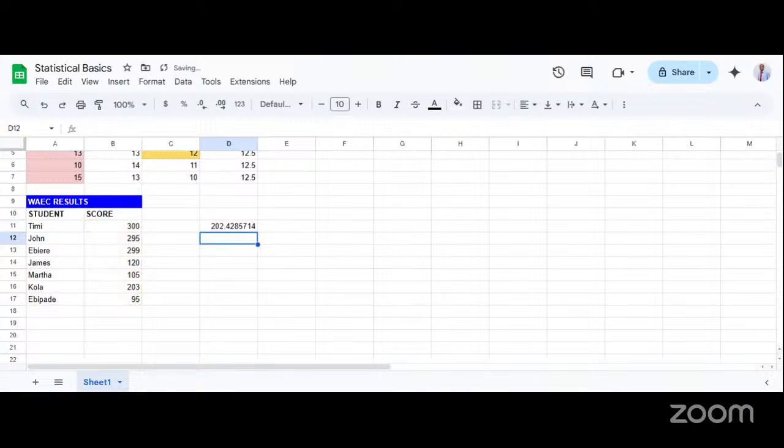So at this point in time, this is what's being shown as our average. So we see that it's not actually a whole number, it's a number with some decimal places, yes. But this is basically what's shown as the average score of students in this particular list, saying 202. So if we were to round it down, it's 202. So this is what this is saying as the average performance of students in this particular examination, the WAEC results of all these students.